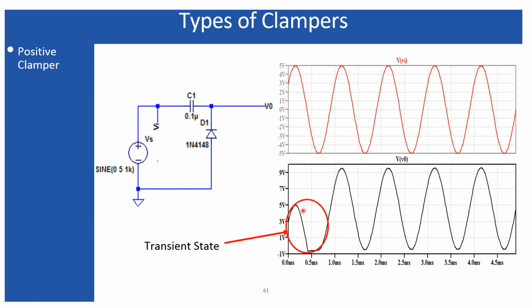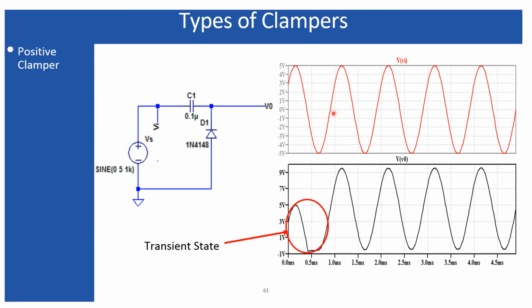Now, all my previous analysis regarding the clamper circuit, including this particular one: what is actually happening? This circuit is basically shifting the input signal. The output is either shifting in a positive direction, or in a negative direction. The negative clamper shifts the output in the negative direction, while a positive clamper shifts the output in the positive direction. So shifting the input in positive and negative means basically it is introducing some DC part.